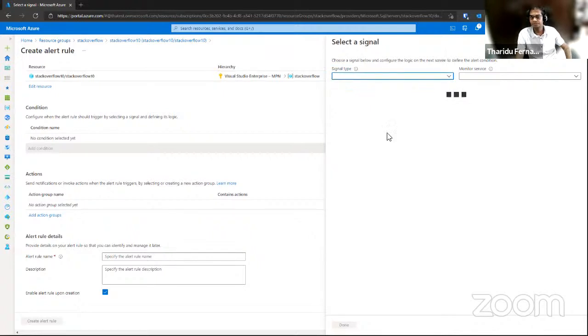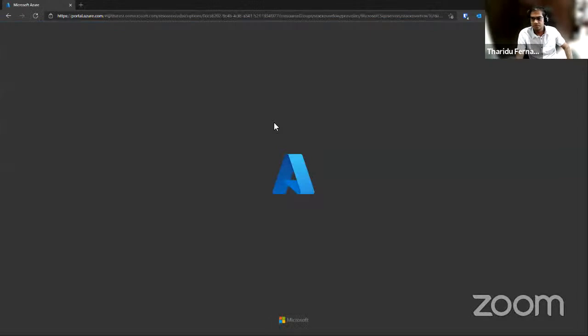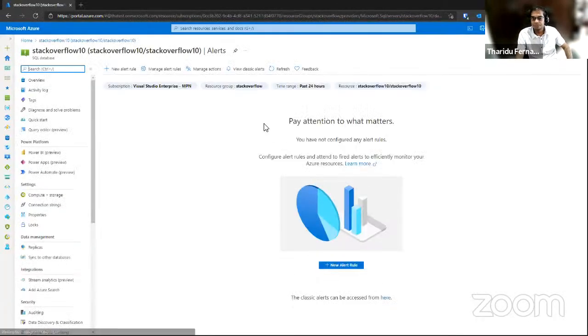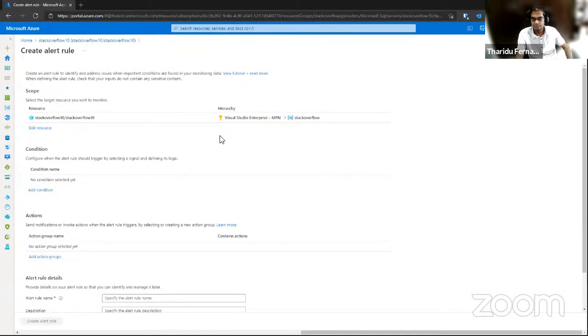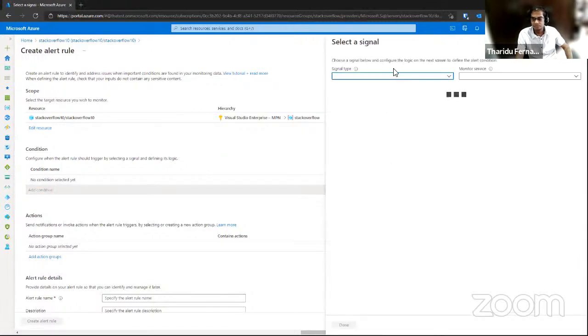Stuck on it. Let's give it a couple of seconds. Maybe I'll try to add it again. Okay. I'm not sure why it's not loading, but here you can select metrics,